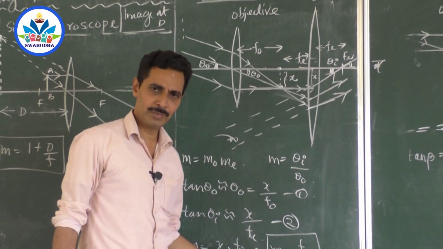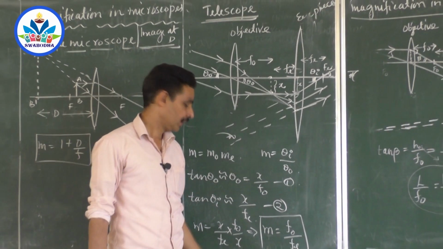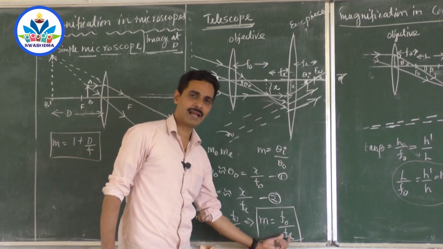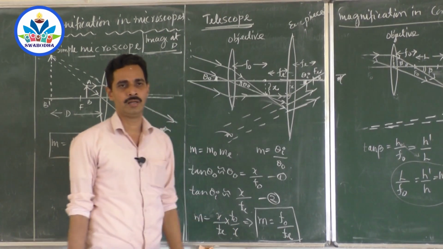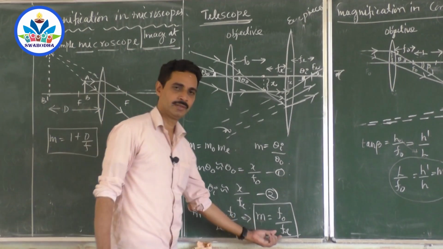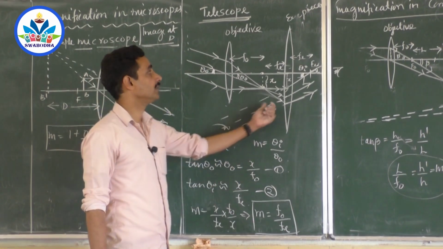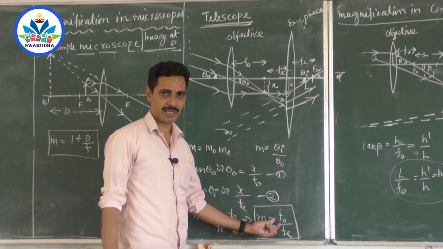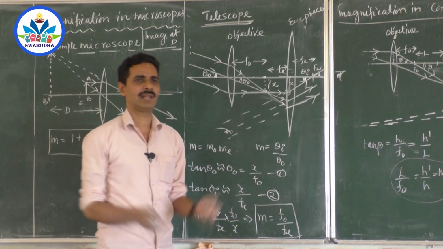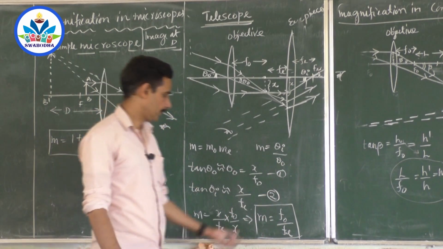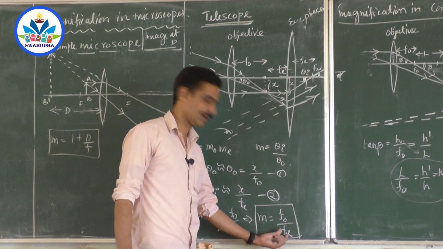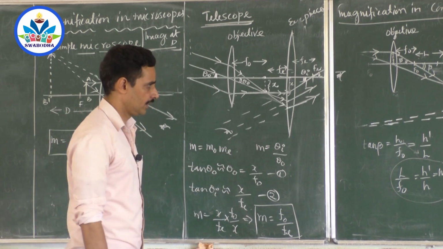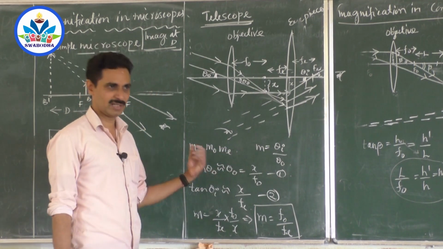And you may get one simple question here saying, how can you increase the magnification of a telescope? Very simple. Take an eyepiece of very, very small focal length. If Fe is very, very small, magnification will be very large. Of course, you can take an objective of a larger focal length also, but we want to have a telescope as small as possible. So the magnification of a telescope can be increased by decreasing the focal length of the eyepiece. So that's all about the derivation, and we will come along with some problems related to this as well.